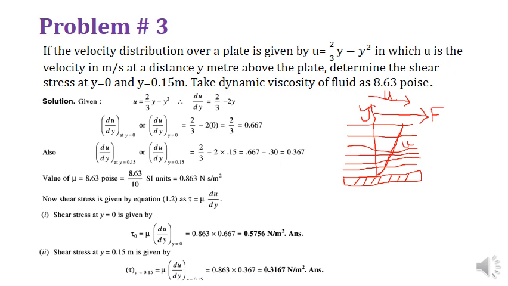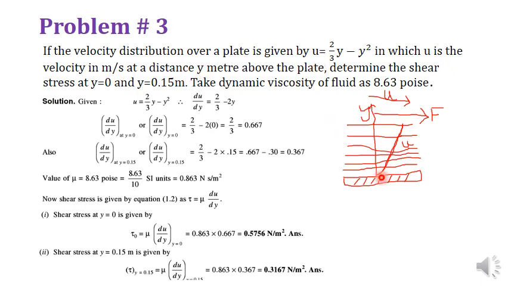A second degree equation will not give you a straight relationship. It will be in a curve form, so you are getting a curved velocity profile. So this velocity profile is not a straight line, it is a curved one of second degree, 2/3 y − y². This gives you the relationship of the velocity with respect to the y distance. So first of all, you need to be clear within the problem statement what this equation is and what it is representing.